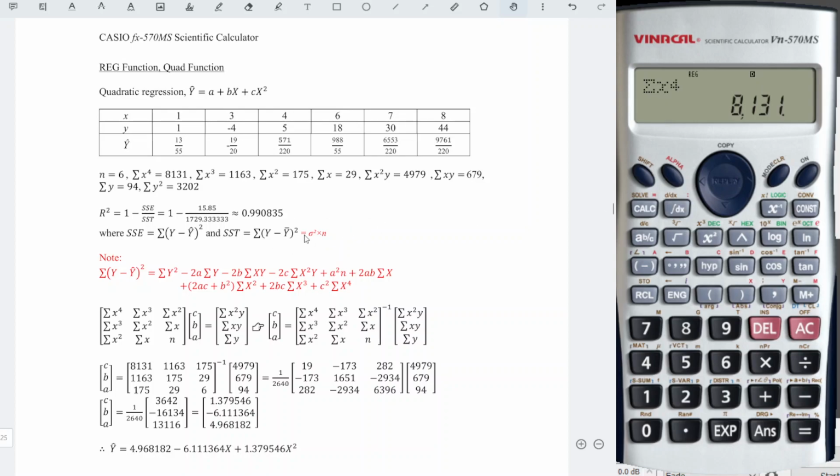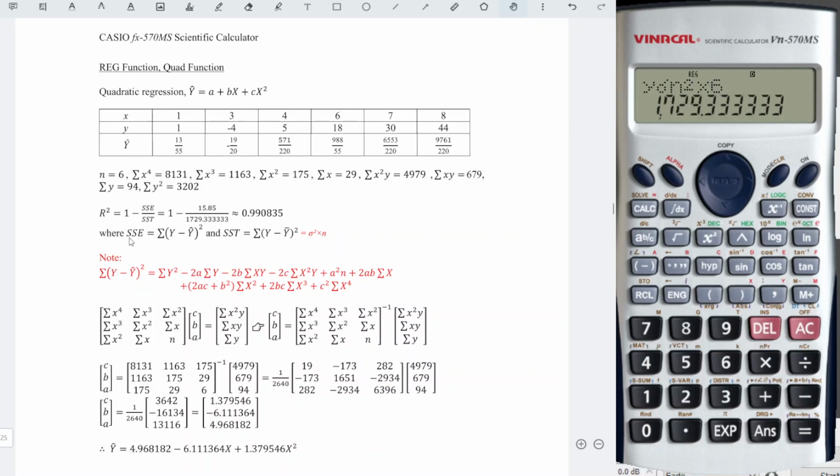In order to obtain the variance, we can press Shift 2 and press right. We want the variance of y, so we have to refer to the sigma, the population standard deviation, not the sample standard deviation. Always take the population standard deviation when we perform regression. So number 2, and this is the standard deviation. What we need is the variance, so we should square it and multiply by how many pairs we have altogether, 6 pairs, so 6. And we press equal, then we will obtain the correct value as we can see here.